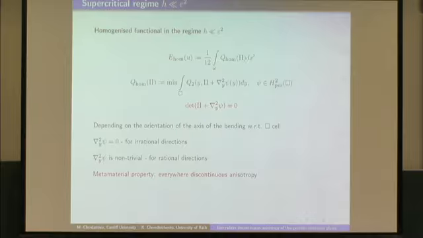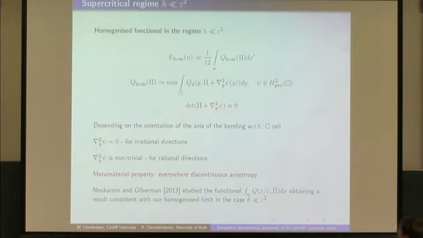So there is no corrector for the homogenized quadratic form. But if it is rational, then in general there exist functions which are periodic on the periodic cell and satisfy this isometric condition. So we have an everywhere discontinuous anisotropy, and this is exactly due to this constraint here. It means that in irrational directions it is harder to bend. In rational directions it is easier to bend, because we minimize this in rational directions with respect to phi. Okay.